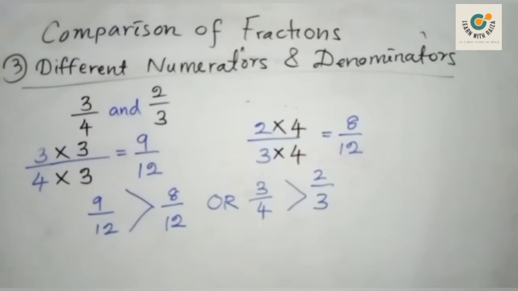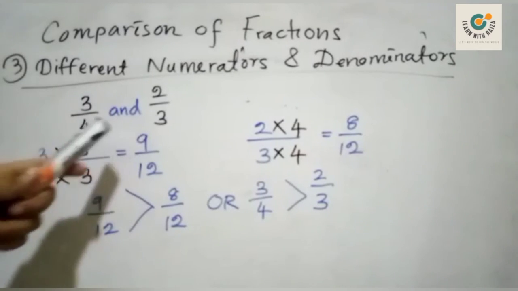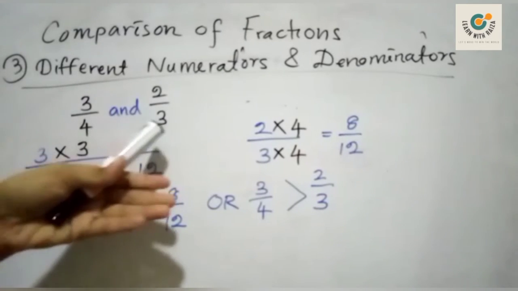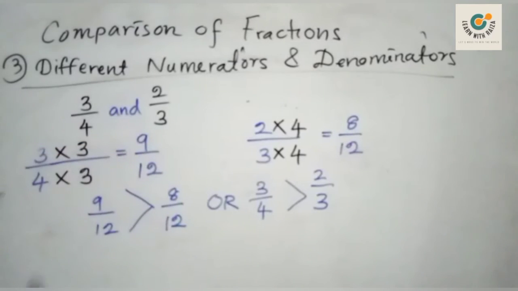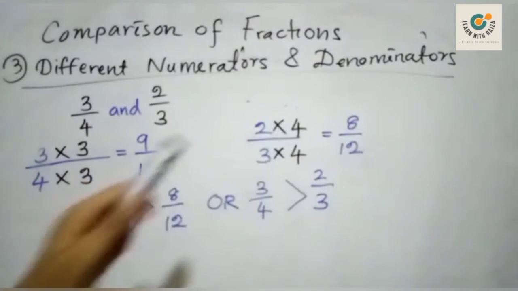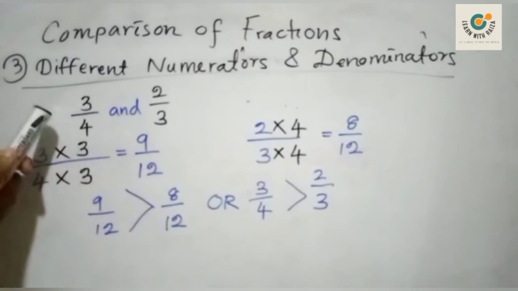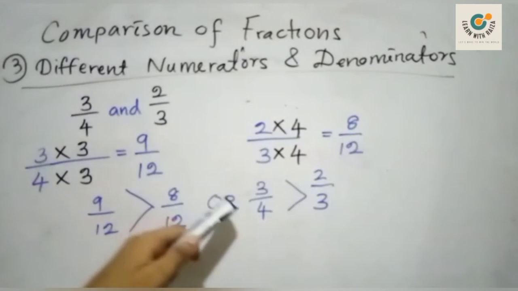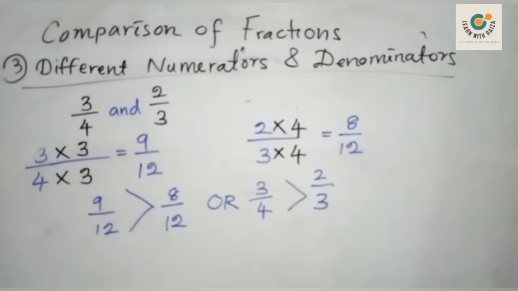So when you are given in your exam two fractions where the larger denominator cannot be made by multiplying the smaller denominator, you can make equivalent fractions by considering their LCM, least common multiple, and make the LCM by multiplying. Then compare those two answers in fractional form, and that particular fraction's equivalent will be the greater one or the lesser one. You can compare it and know it. So we'll do one more example for you to have a clear understanding.